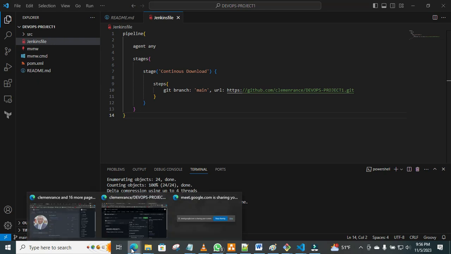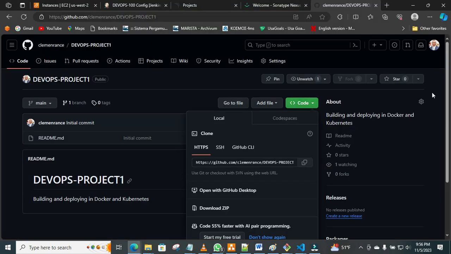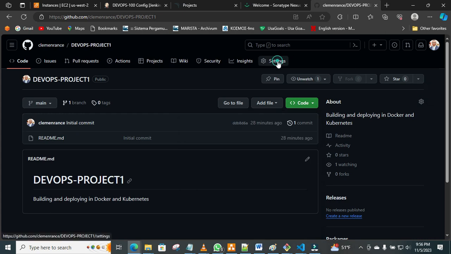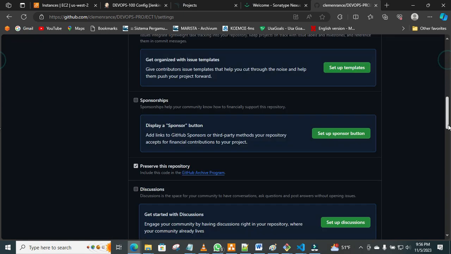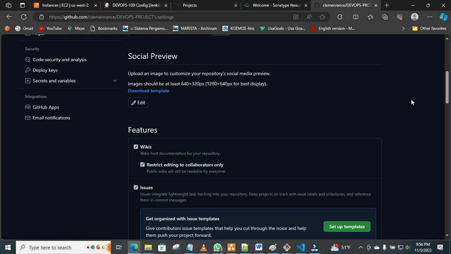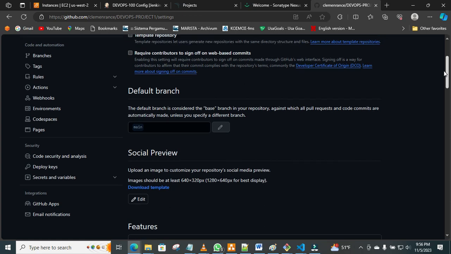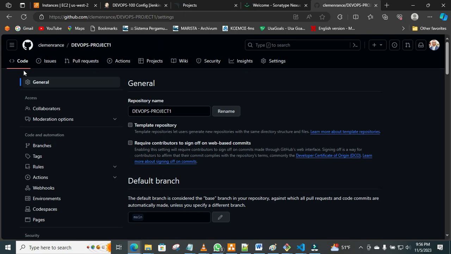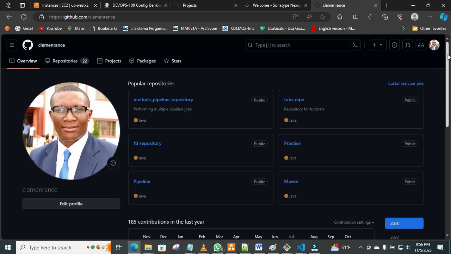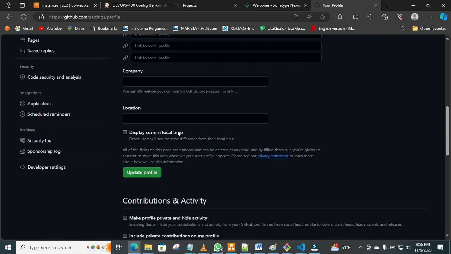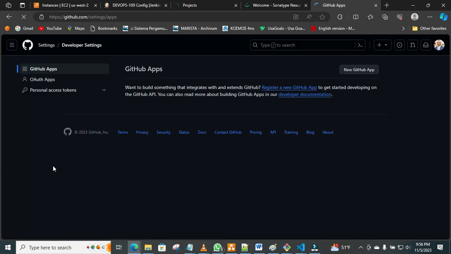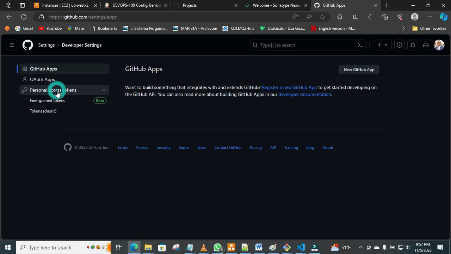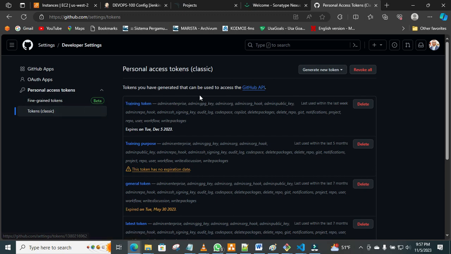So in order to create that token, I think I have showed you guys how to create a token. This is your GitHub account. How do you create a token? You come down to settings, then you go down to developer settings, if I can remember very well. Let me first go to my code. Good. Then I come down now to this setting here. When you come down to this setting here, you see something like developer settings. Then you come down to personal access tokens, take classic tokens,